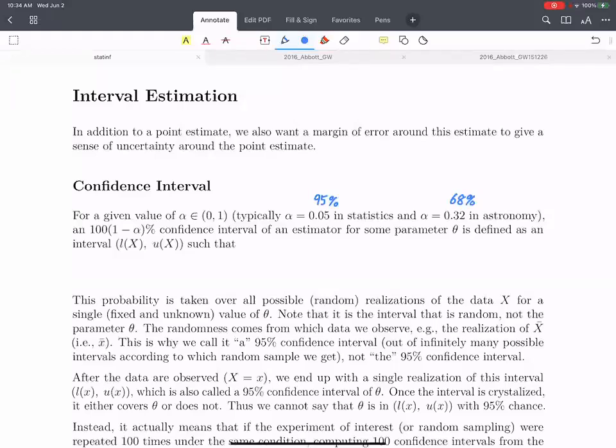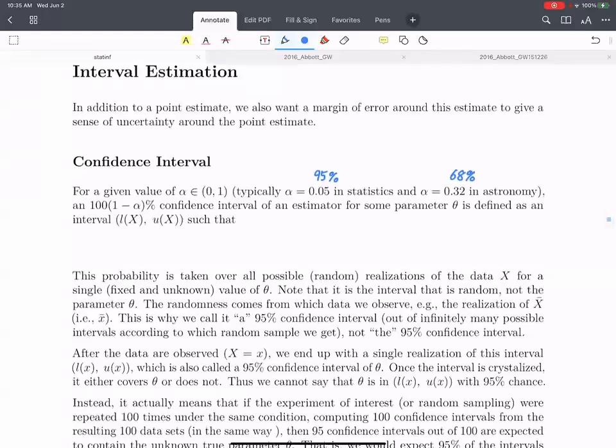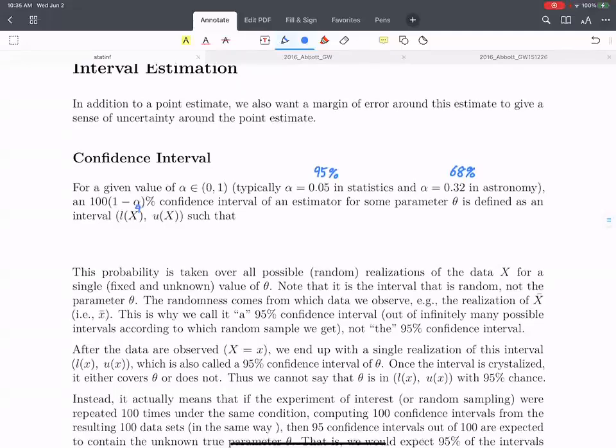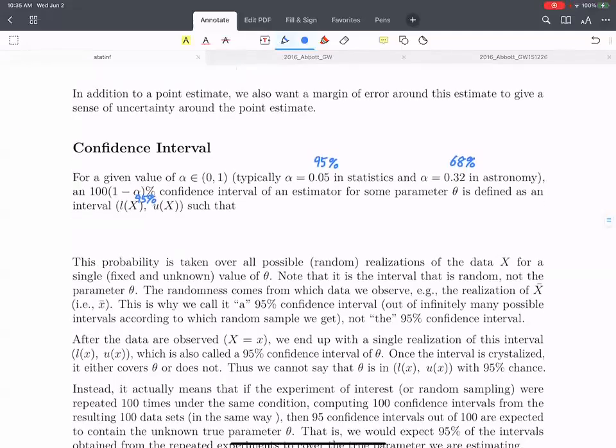The reason is that astronomers are familiar with giving some point estimate plus or minus a single standard error, which covers about 68.3% of the interval. It can be Bayesian or it can be frequentist, but that is a 68.3% interval. But for this lecture, I will use alpha equal to 0.05, and all the content will be about deriving a 95% confidence interval. Let me define a 95% confidence interval.